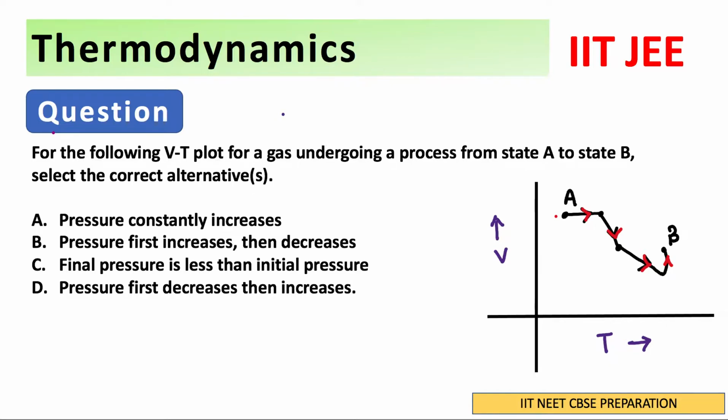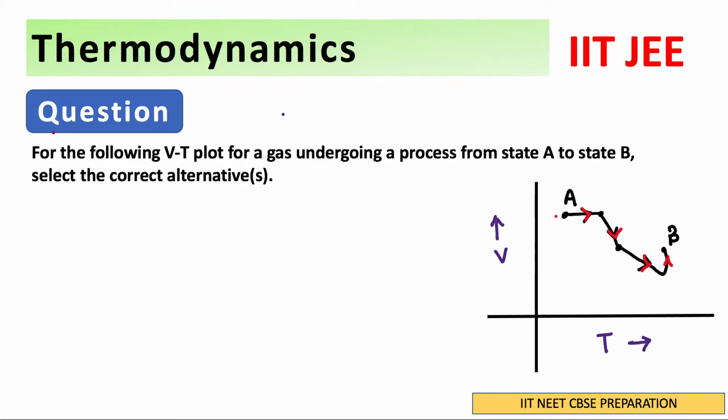So we know from the gas equation that PV is equal to nRT. We will make use of that, and we will quickly write down how pressure will vary based on volume and temperature, which we know at every step. So let us write that down. I'll mark the points on the graph. Let me take a new slide. Let us mark all the intermediate points.